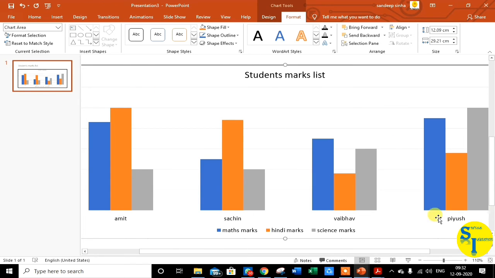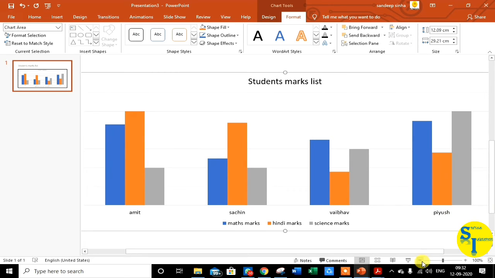Student, now to change the color patterns and background of the chart, we can modify the chart by changing its colors, patterns and background.